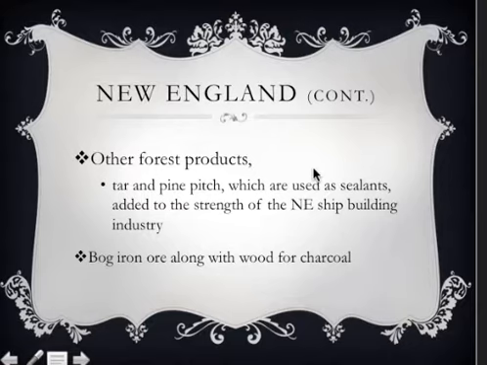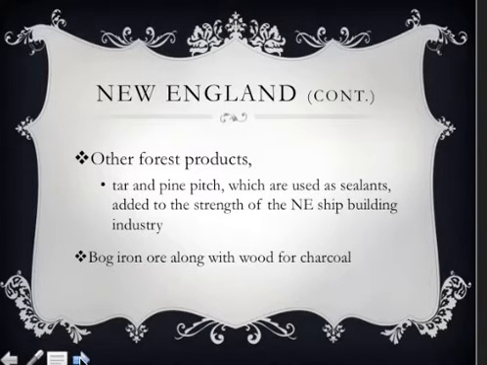All right, realize that there were other products available, particularly tar and pine. These were used as sealants. So again, materials from trees were used as sealants in the shipbuilding industry. So once again, they had the advantage of not only having the trees, but also materials that could be used as sealants in the shipbuilding industry. Also realize that there were some minimal amounts of bog iron and wood, so there was an ore industry, a very small iron industry compared to other regions, but there was other types of industry occurring,